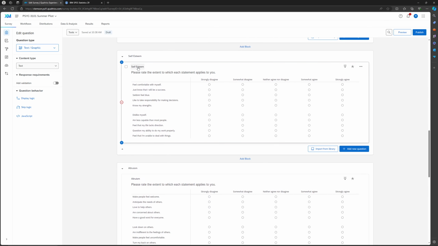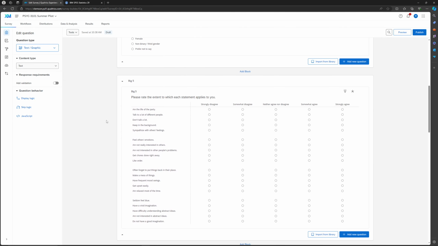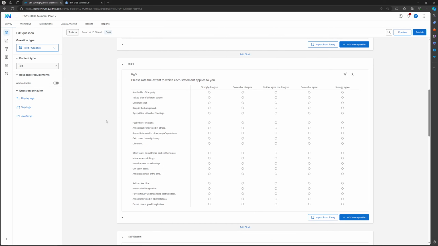Same thing if you look down here. This is our self-esteem score. All of these questions are related to a person's value of their own self-esteem, but we don't want to look at each question individually. Instead, we want to look at an overall score of their self-esteem. So we're going to end up combining whatever they chose for each of these questions into one overall score for self-esteem. Same thing with all of these scales. Now, this is going to be done in the data set that you get. Obviously, you may not be looking at each of these values, so we'll talk about how you select the ones you're interested in. But how this combining process is done is in Qualtrics,